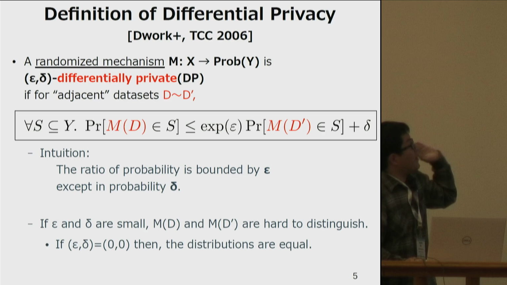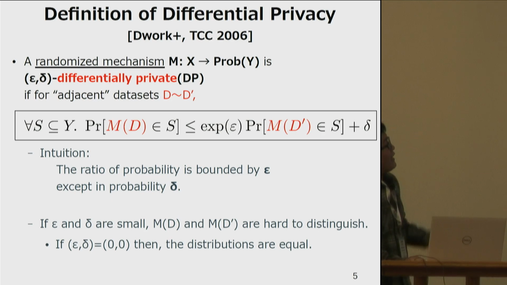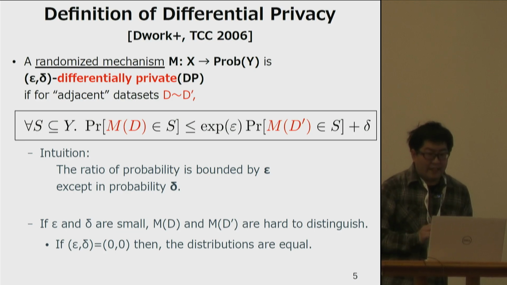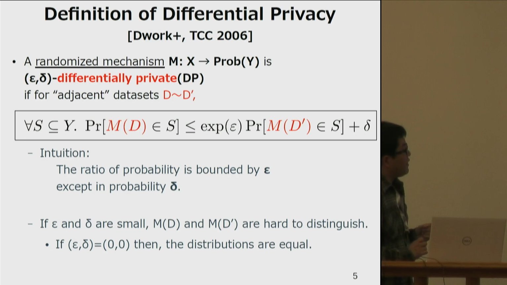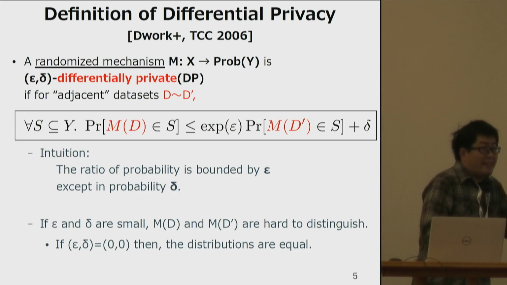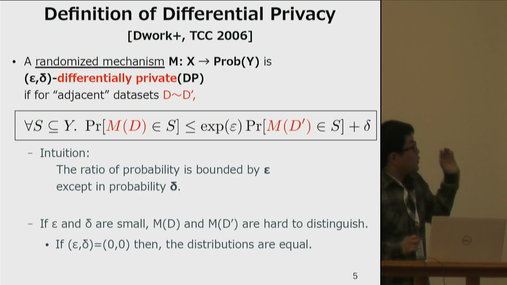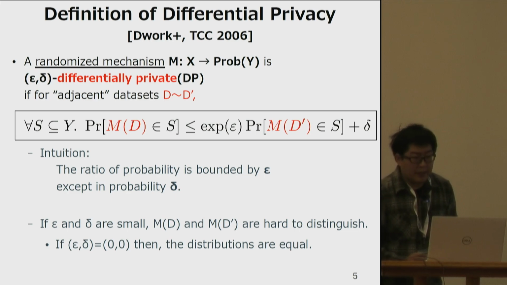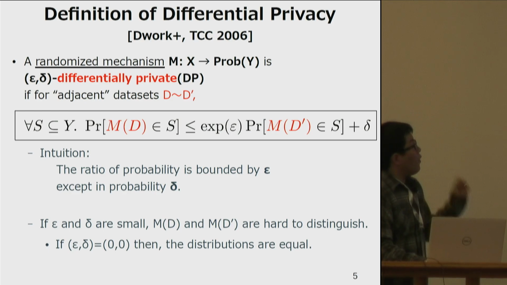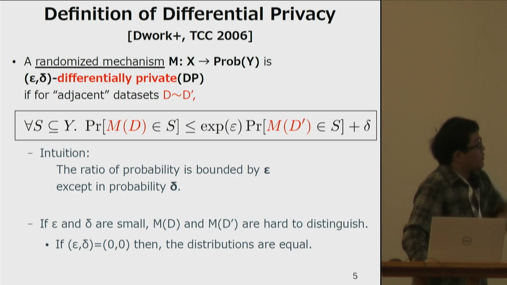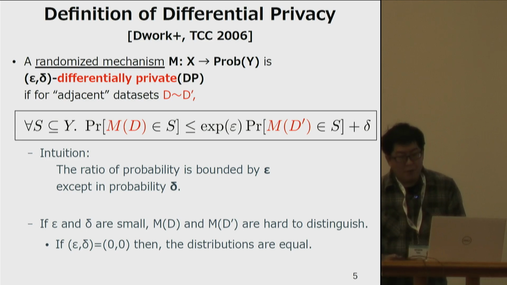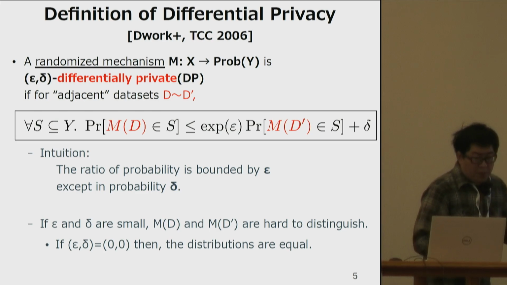The randomized mechanism M is epsilon delta differentially private for any adjacent data sets, D and D prime. Here, the adjacency means that the two data sets, D and D prime, differs only in one record. So for adjacent data set, D and D prime, the distributions MD and MD prime of output of the mechanism M satisfy